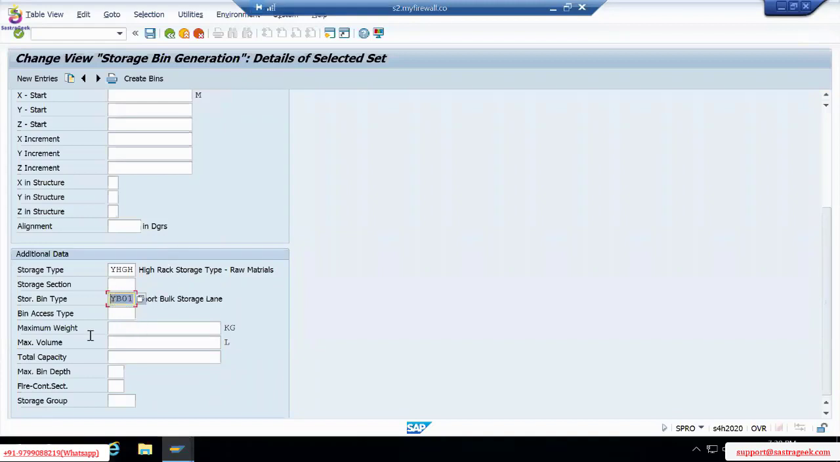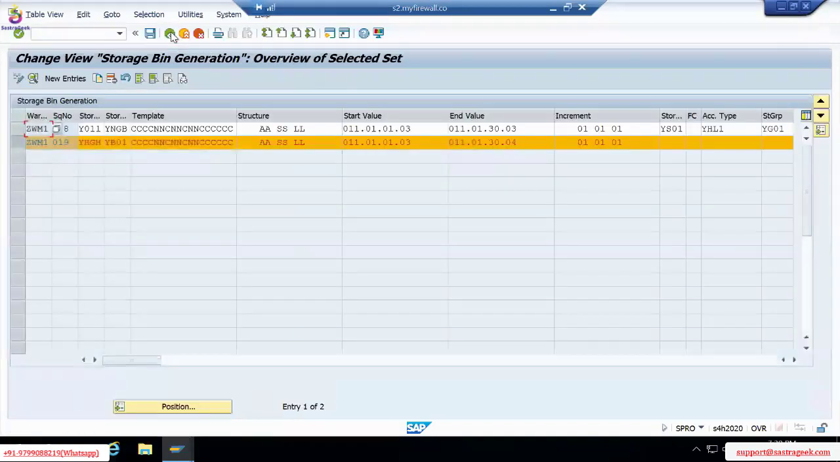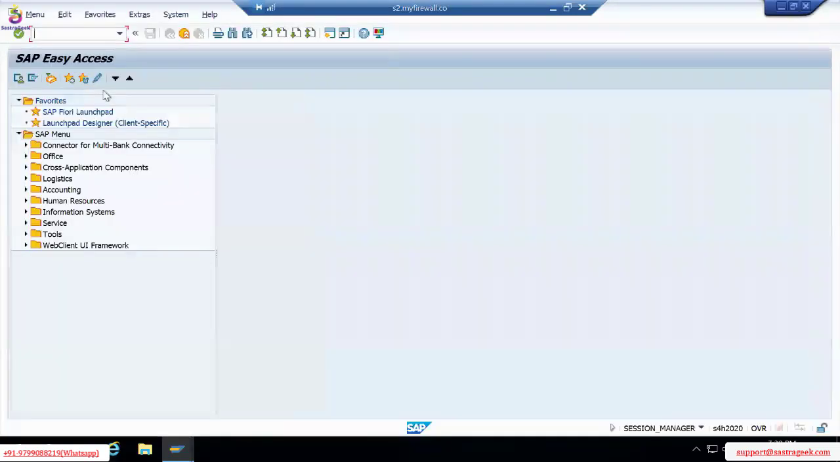Once we have defined it, you can also define the maximum weight, how much weight you can place in the bin, the maximum volume or total capacity, and the maximum bin depth. Everything can be predefined over here for this particular template. Now I have only defined the structure of this particular bin. Now, if I would like to have the template defined,